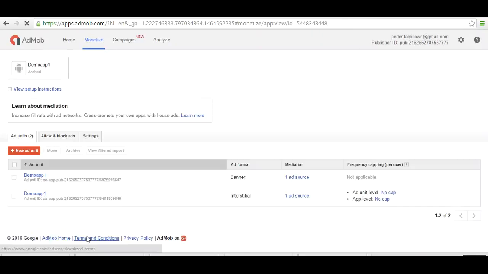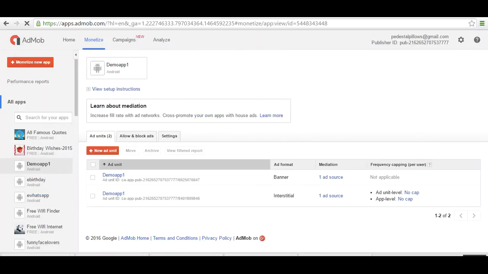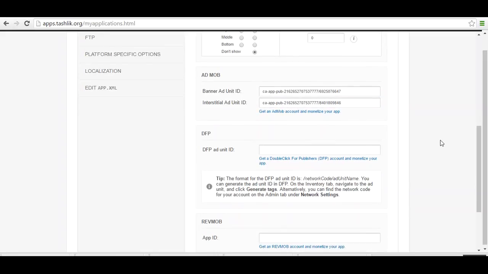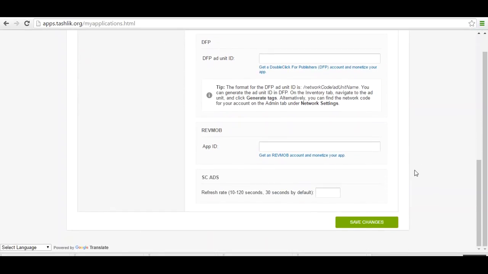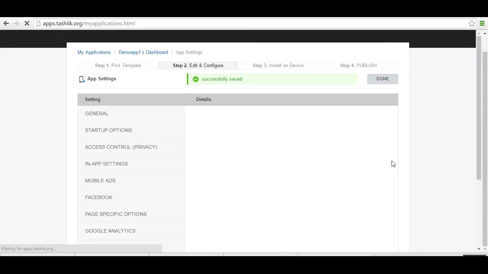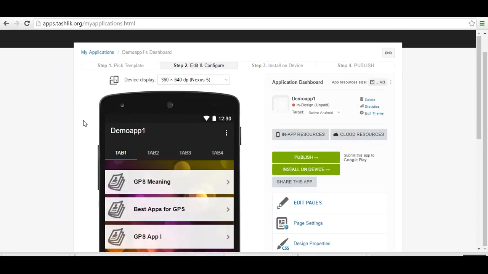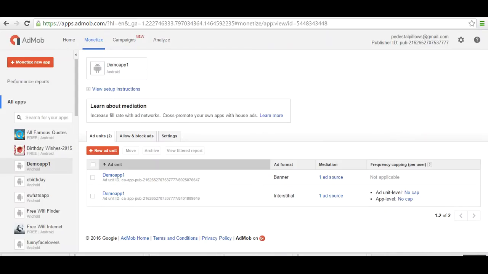Here click on done and paste it onto the interstitial ad unit ID. Once you have pasted your two IDs without any spaces, click on save changes, then done. Here in AdMob you will see that the two ads have been monetized now.